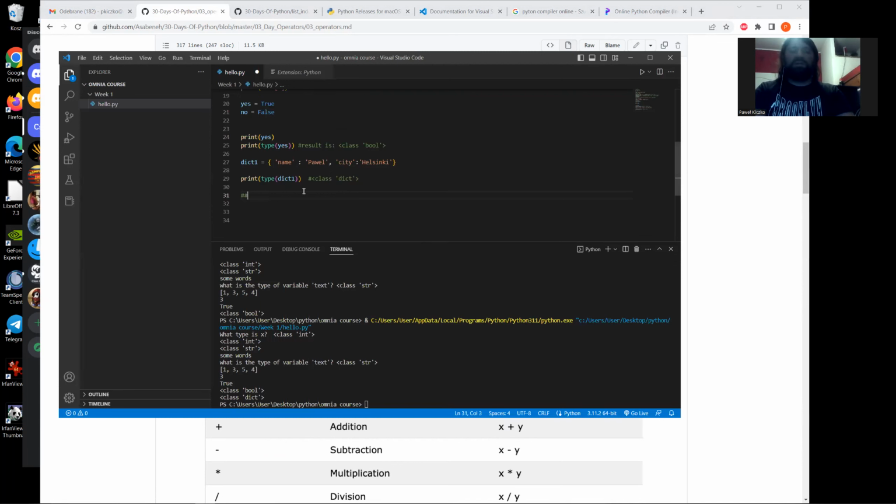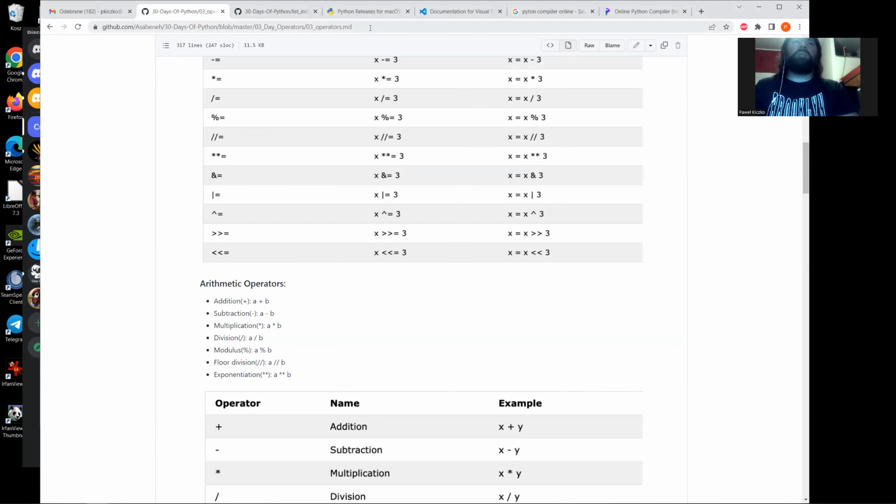So let's start. We're going to use a lot of operators because mathematics is, well, tightly connected with programming, and that means a lot of code you're going to write is going to end up having some mathematical operations, right? So as we can see on this website,